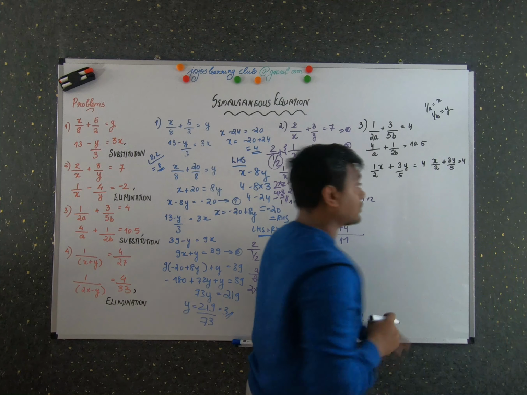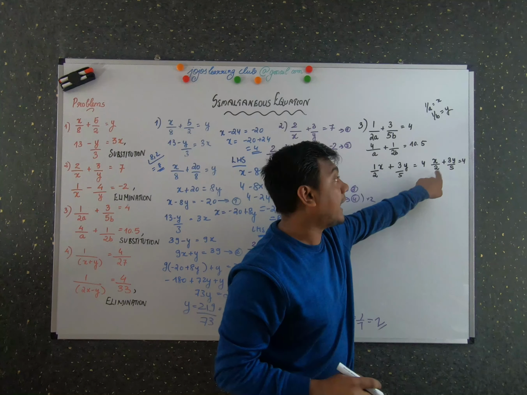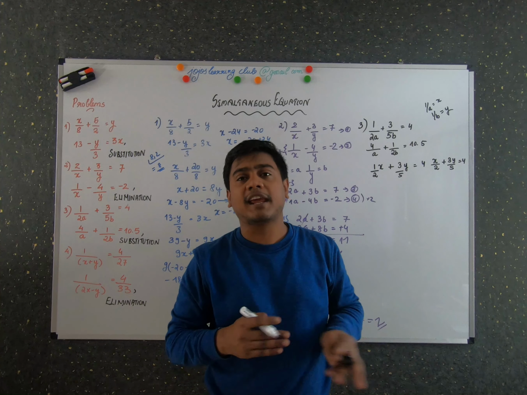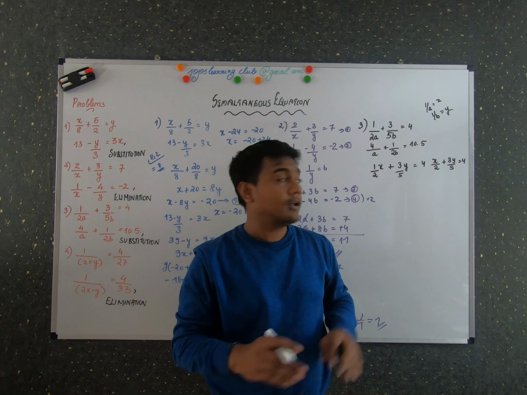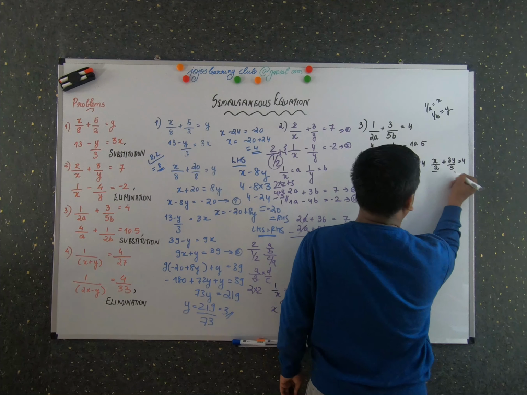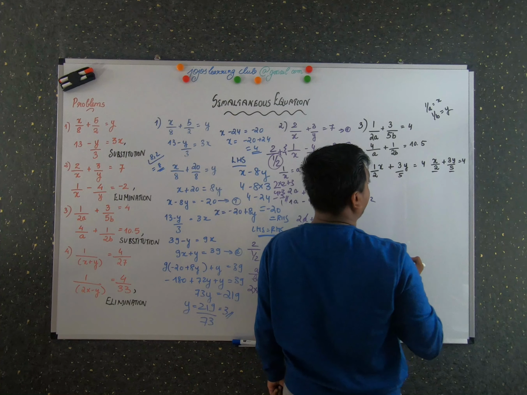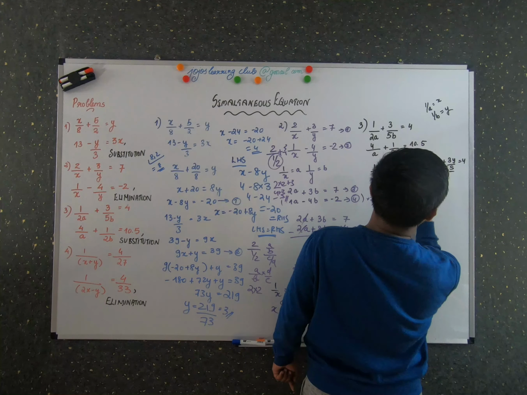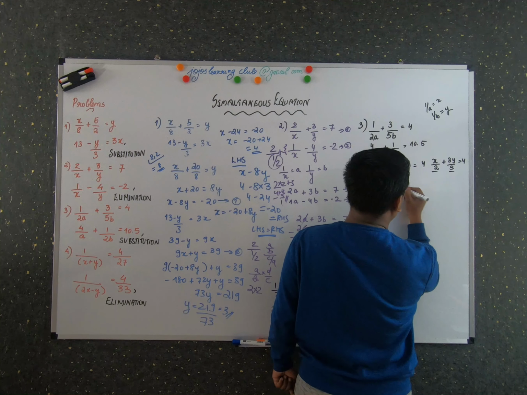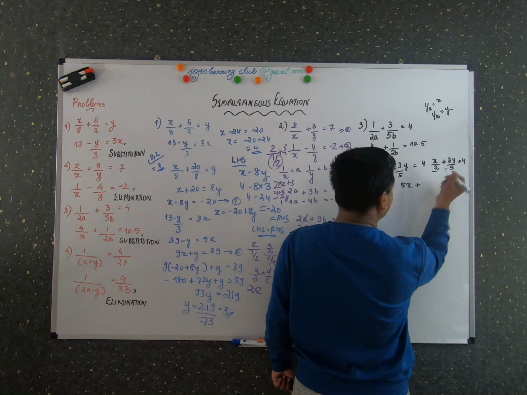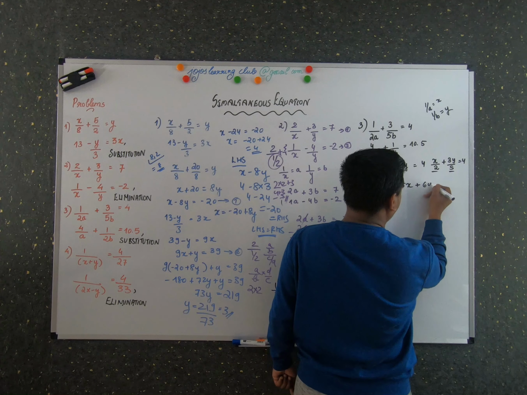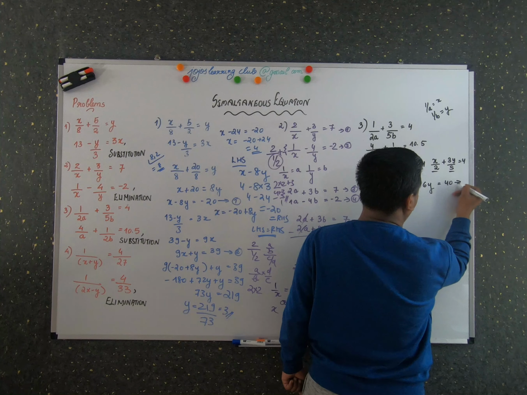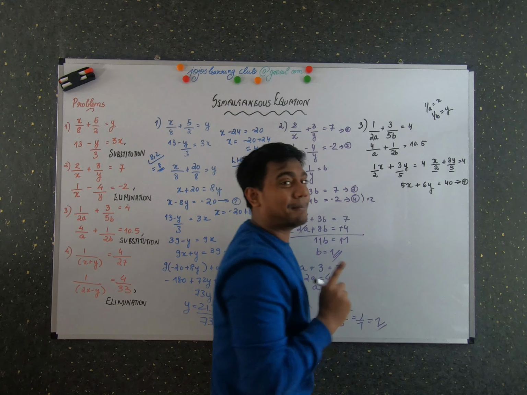And to make this equation without any fractional parts, if there are numbers in the denominator, what you can do is just take the LCM and then eliminate it. So what is the LCM of 2 and 5? When you have 2 and 5, the LCM is 10. So what you have to do here: 4x, I am going to multiply by 10, so 5x plus 3 into 2, 6y, equals 4 into 10. So 10 goes to the other side, it becomes 40. So this is our equation number 1.